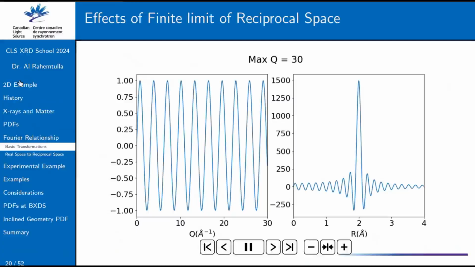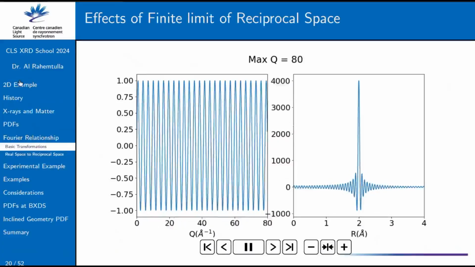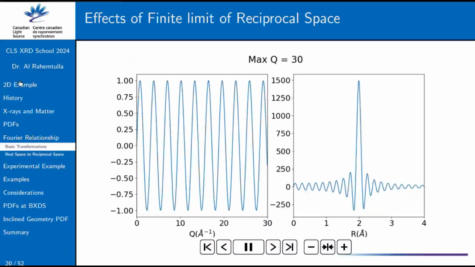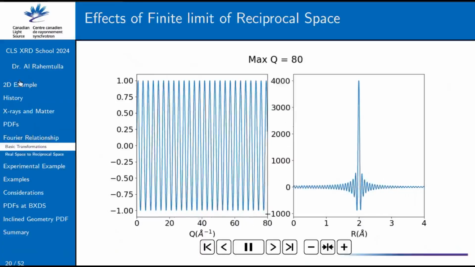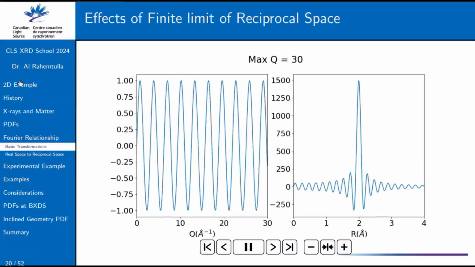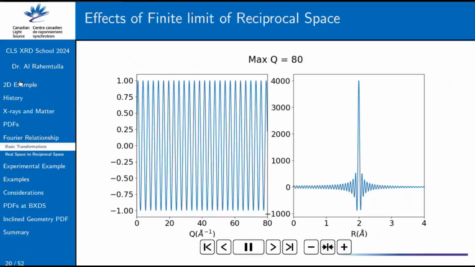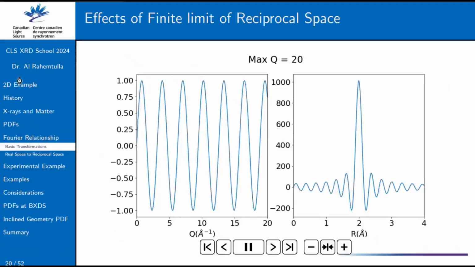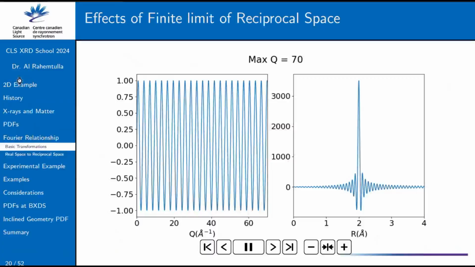But we only get a delta function when that sine function goes out to infinity. In reality, we can't really go to infinity in momentum transfer. For starters, because of that sine relationship, there's only so high of an angle we can theoretically go. And from a practical standpoint, especially with 2D detectors, there's only so high of an angle you can go, along with energy. So if we terminate this, if we make this box a certain length,